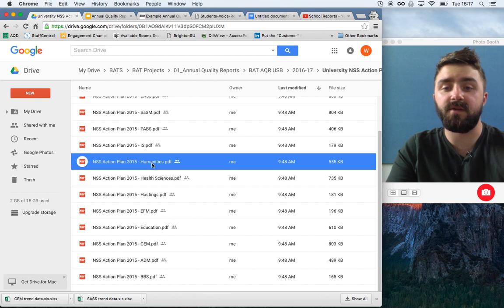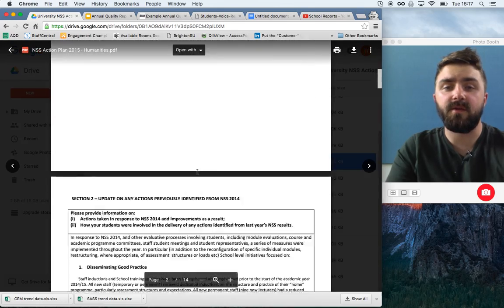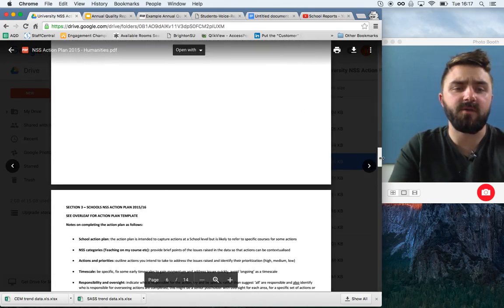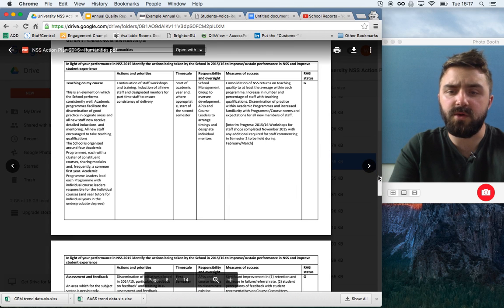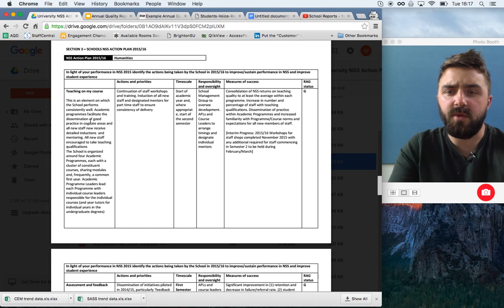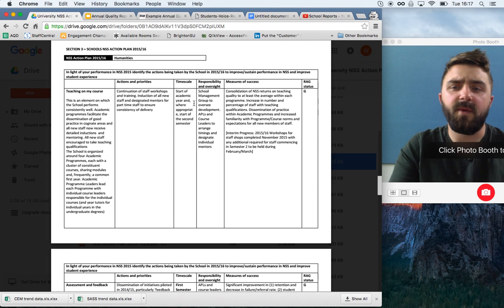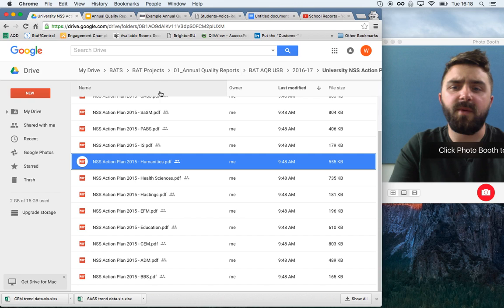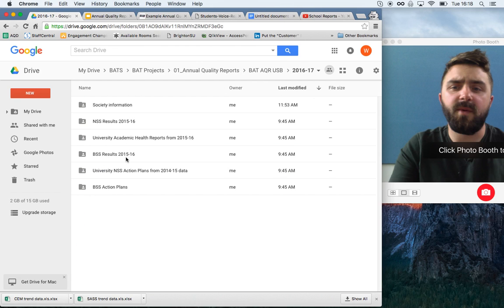So what did Humanities say they were going to do? This is quite a dismissive action plan from what I remember. We discussed it this morning. They talk about consistently well, blah, blah, blah. They talk about how they are really good at teaching, and yet, if you look at their results, and assess results from this year,